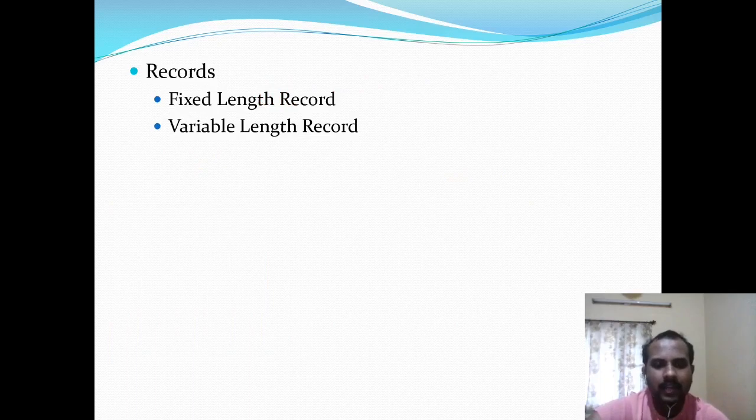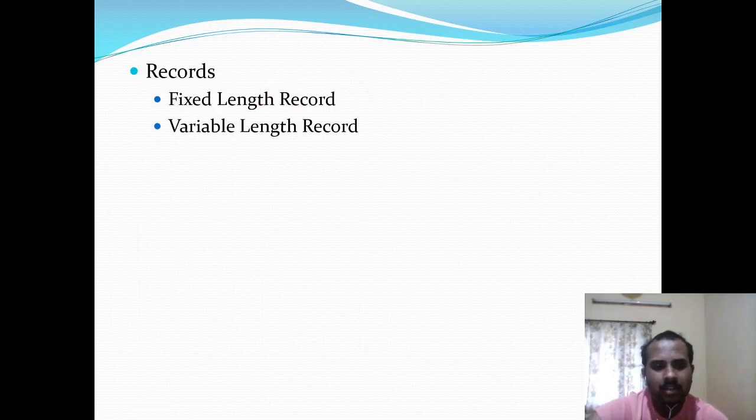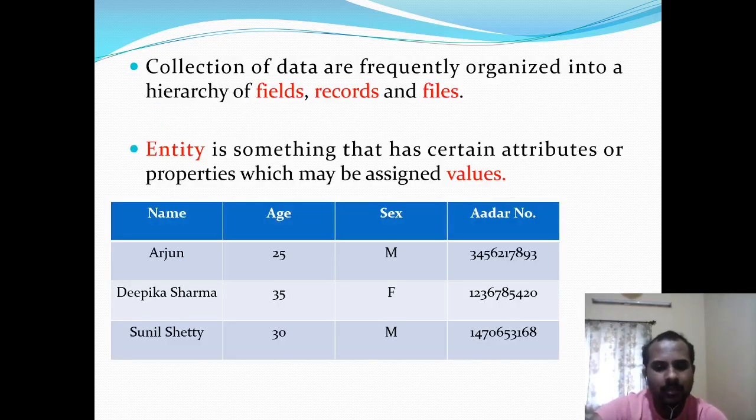Now records, as I already mentioned, a record is a single row or a particular collection of fields in that row. Records can be divided into two types: fixed length record and variable length record. In the fixed length record, the record size will be fixed. For example, in this table you have fixed length records.